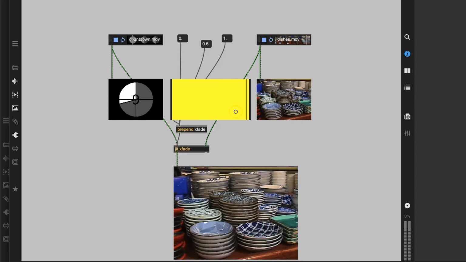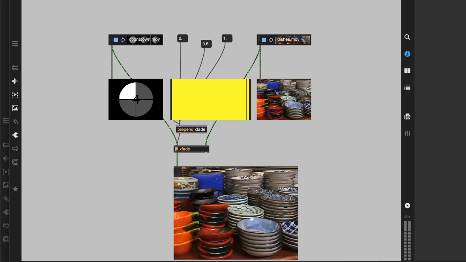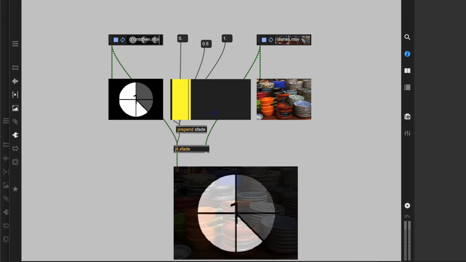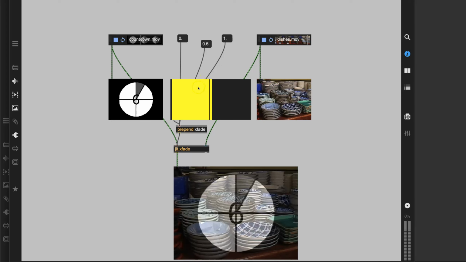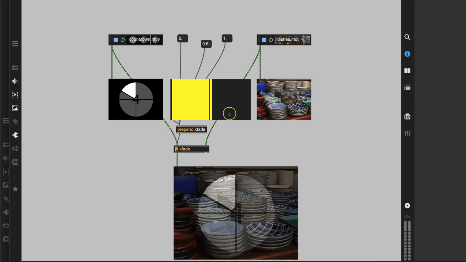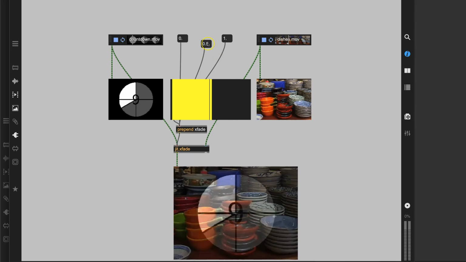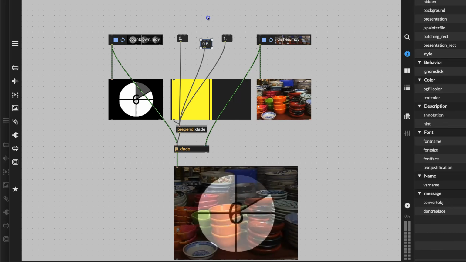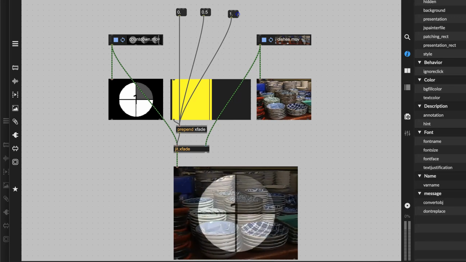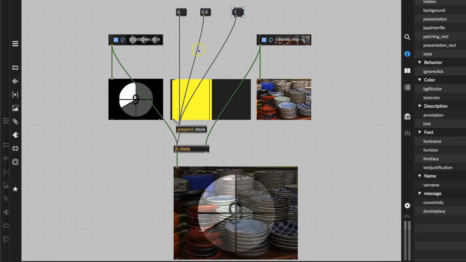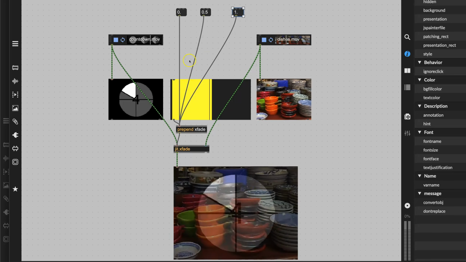Super nice to have a slider, but then that means that you have to be able to reach up here with your mouse and do that. And sometimes you just want to be able to click things and have it crossfade, let's say, right? So further improvements might be, I'm going to just move these numbers up so that we can put in something here that will do just what we want. So we need to be able to